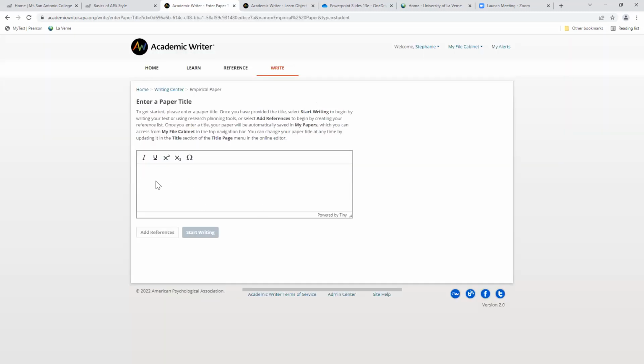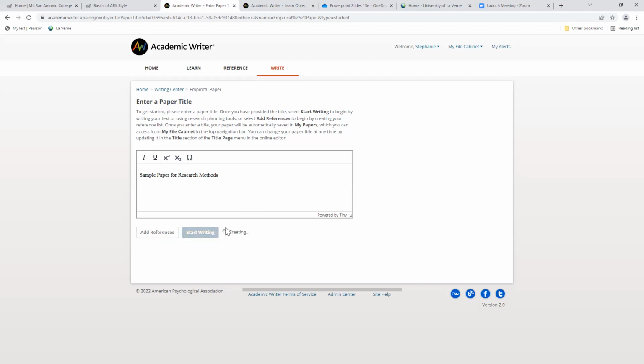Here, you're going to enter a title of your paper. Usually, and you'll read this in the APA manual, you'll see this as we go through the class, but it's usually going to be about 14 to 16 words long. That is going to be because you're going to have your topic that you're talking about, and that topic will have 3 variables. I'll talk about those variables in another video. So let's say sample paper for research methods. Of course, this isn't 14 to 16 words, but this is just to give you something for this